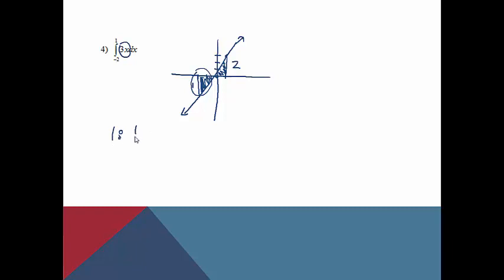So region 1, we're going to have 1/2 times the base times the height. So we're going to have 1/2. The base goes over 2, and we're not worried about whether I went down 2 or up 2. We just are looking at numbers. And then to figure out how far down that goes, if you just plug in -2 into this function, 3 times -2 is -6, so it goes down 6 units. So 1/2 times 2 times 6 is equal to 6, but we are going to make that negative because it's